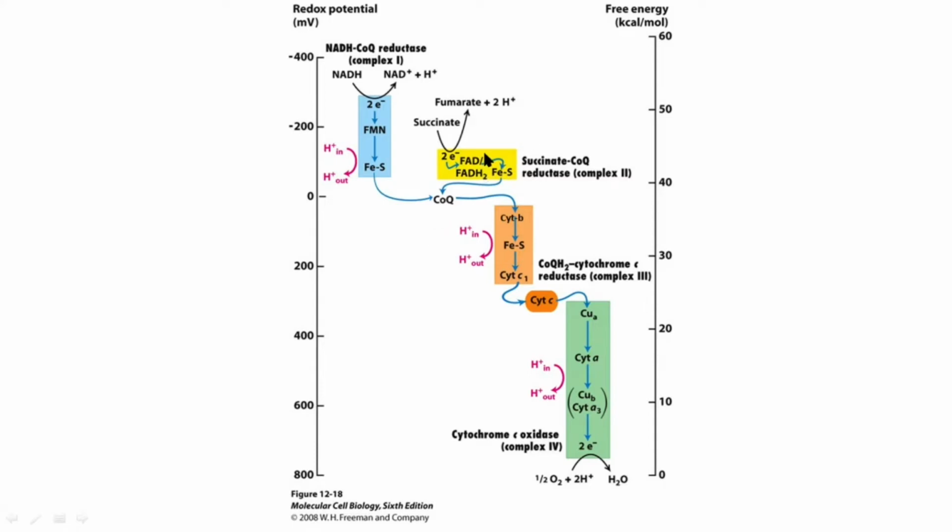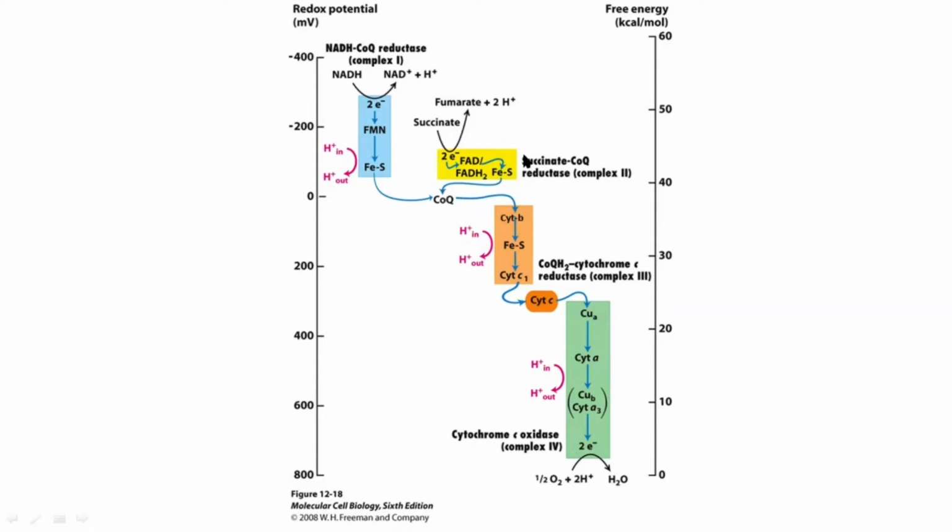Now let's see about complex 2. Complex 2 is succinate dehydrogenase. This enzyme is the only enzyme in TCA cycle which is present in the mitochondrial membrane and is responsible for conversion of succinate into fumarate. During this reaction, flavin adenine dinucleotide, the prosthetic group of complex 2, undergoes reduction, and from this reduced coenzyme, the electrons are passed on to iron sulfur cluster, and from this iron sulfur cluster, the electrons are passed on to coenzyme Q.